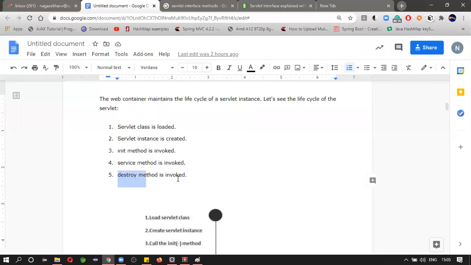And even the destroy method is invoked by the container when no more requests are coming, based on some time or configuration, and it will automatically delete the servlet.